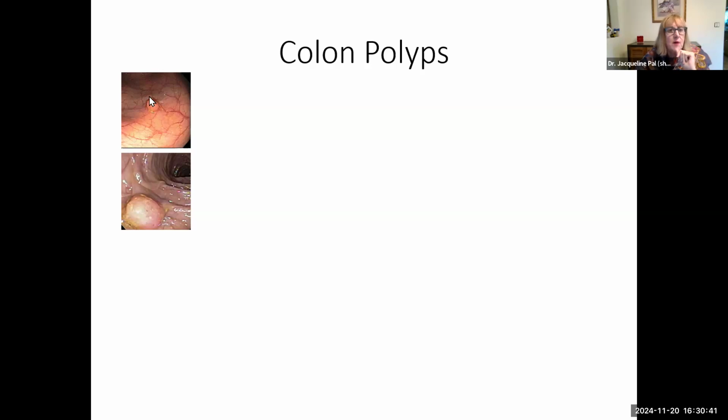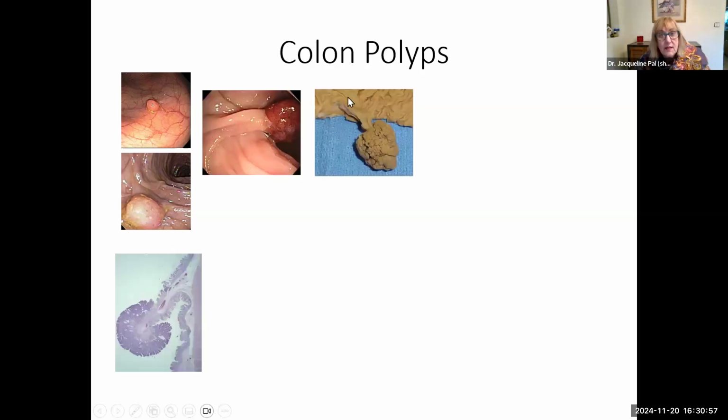And so here's a small one that's maybe 2, 3, 4 millimeters. And here's one that's about a centimeter in size. And what happens as fecal material goes by this, they can pull on the polyps. And then what often happens is the polyps end up being on little stalks. So you can see on this one, like the normal colon